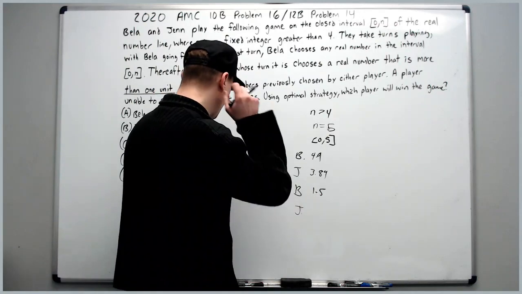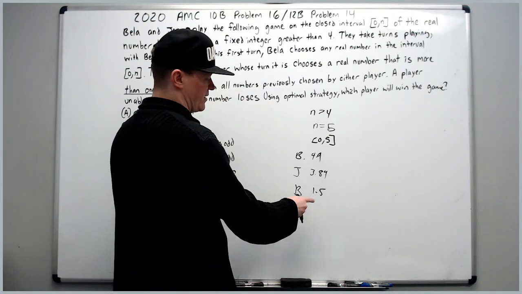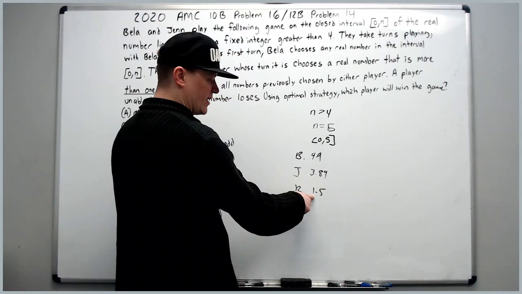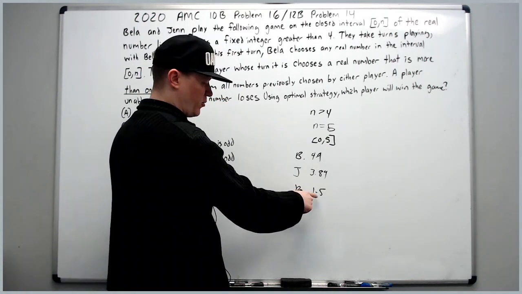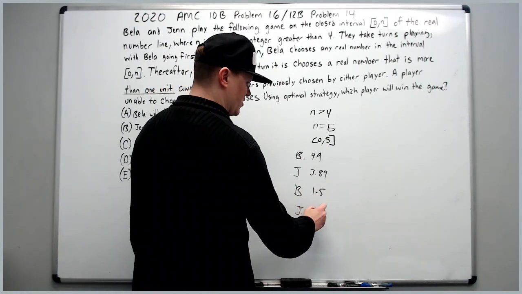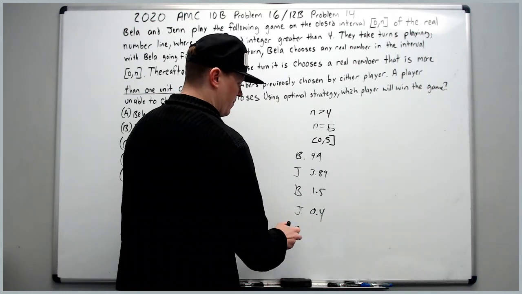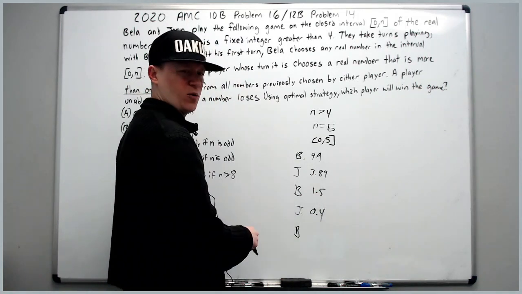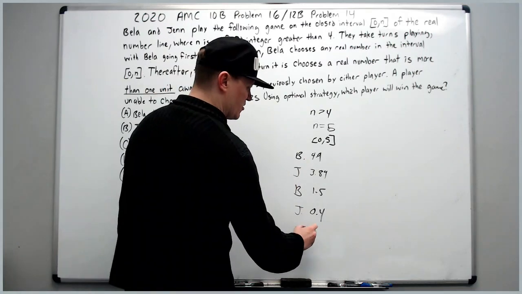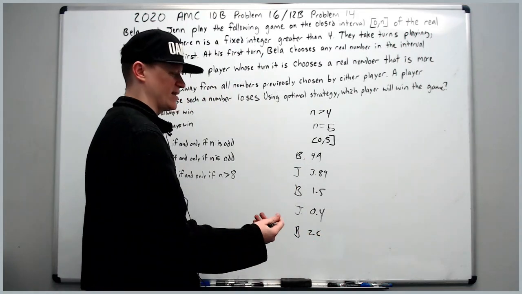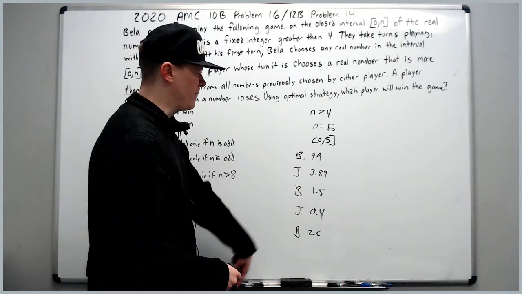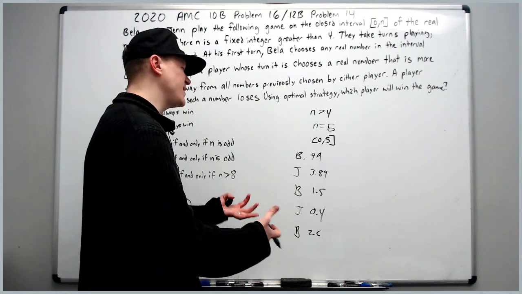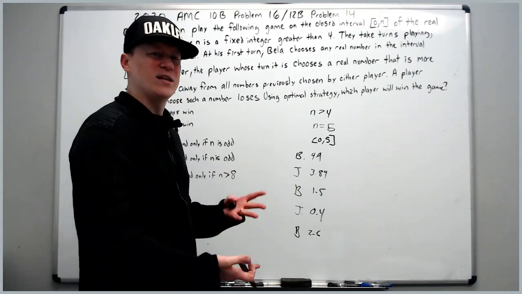Then Jen's going to go and she chooses; there's still a gap between 0 and 0.5. Jen can choose something in there. There's also a gap from 2.5 to 2.89 that exists. So Bella can just choose 2.6 and then Bella will win. Is this optimal? Probably not, but just do something to get an idea for how the